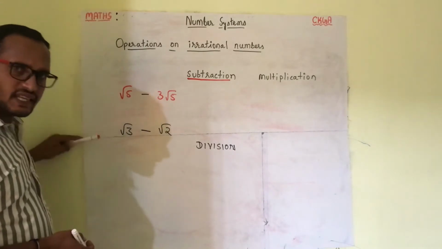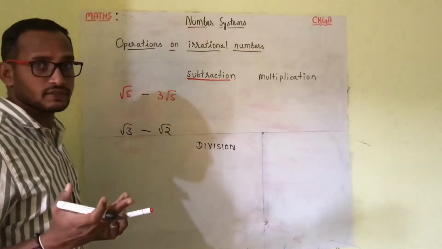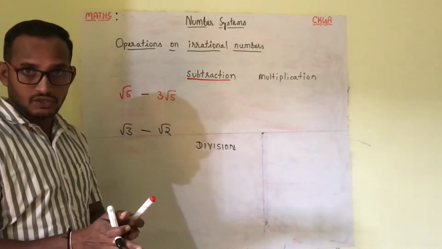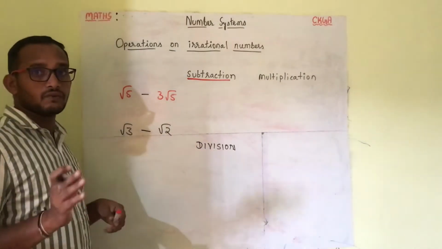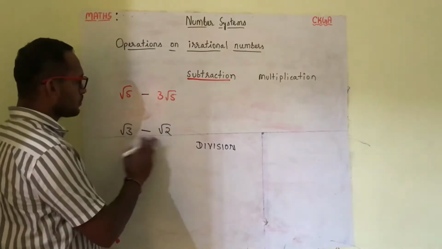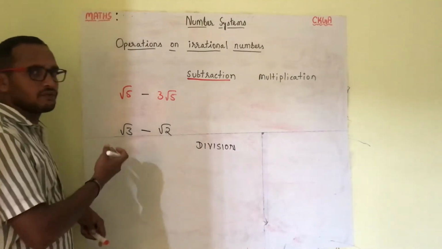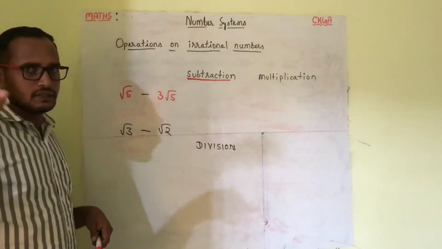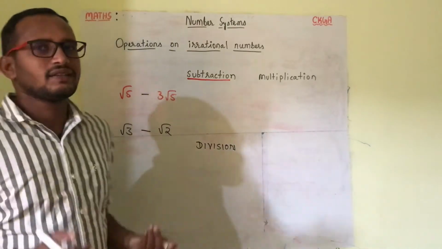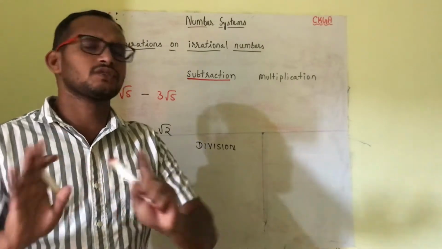So first I'll take the second question because I earlier mentioned that when the addition process can be done with like irrational numbers, then there should be a possibility of subtracting irrational numbers if they are like in nature. So now root 3 minus root 2. I know your mind is predicting, suppose if there is root 2, if there is root 3, if I subtract it, I may get root 1. That's the wrong assumption as I told. So here root 3 minus root 2 cannot be operated. You can't subtract root 2 from root 3. You have to keep them as it is. Root 3 minus root 2 is just root 3 minus root 2.